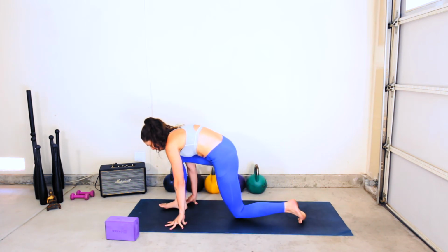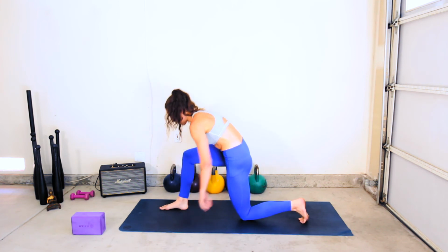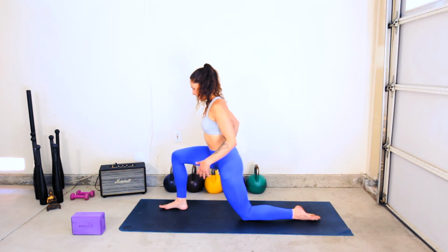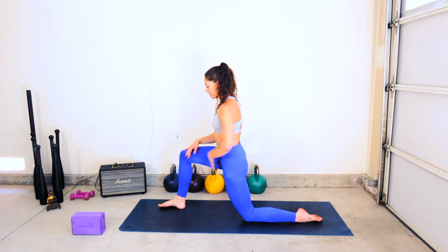So coming forward into half kneeling. Right foot is forward, left knee is back. In this position, I'm going to scoop the hips underneath me. So I don't want to go into this stretch like this. I want to get the hips underneath me, hip to rib connection, and then I can do a slight forward